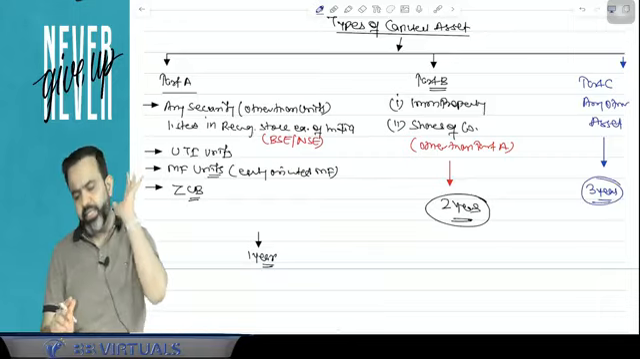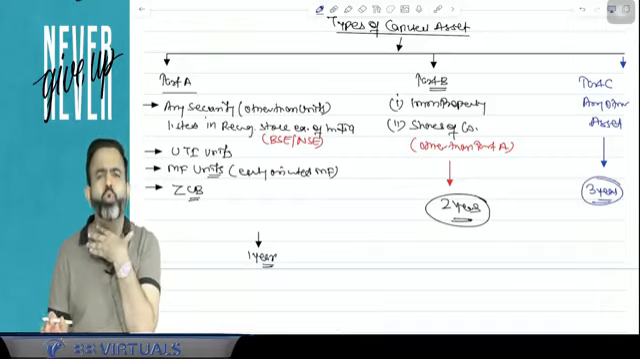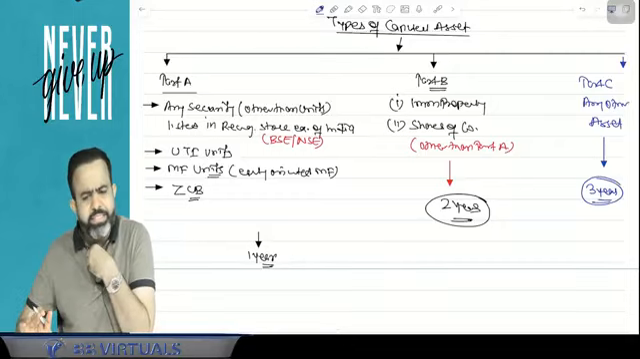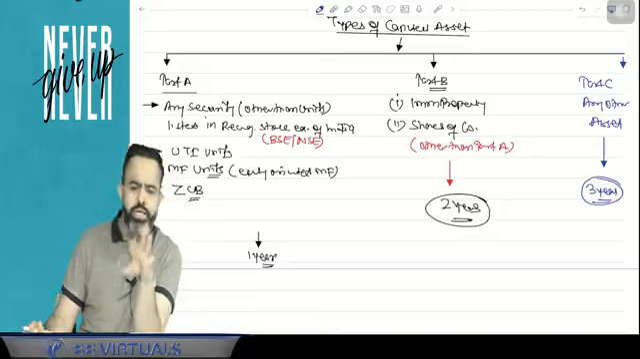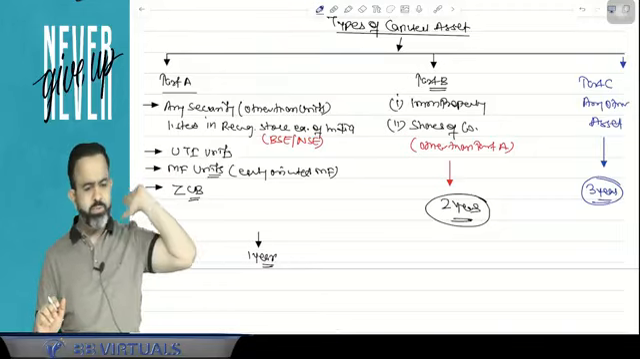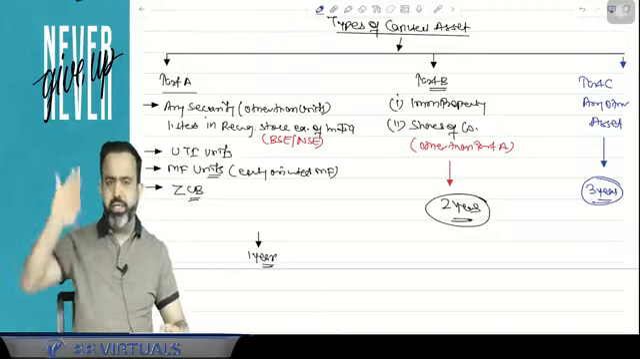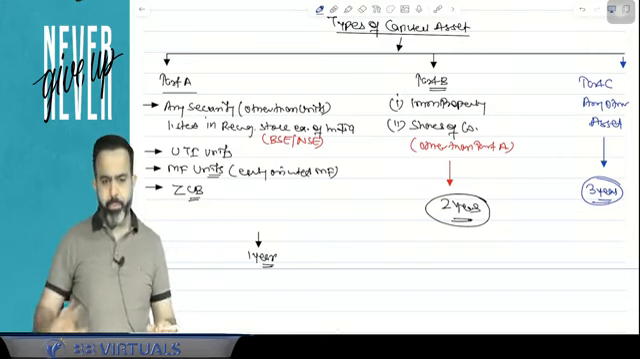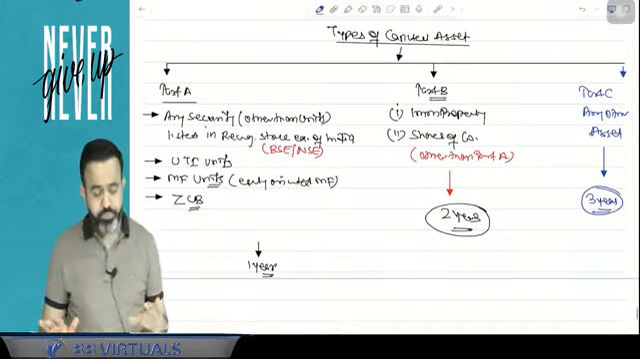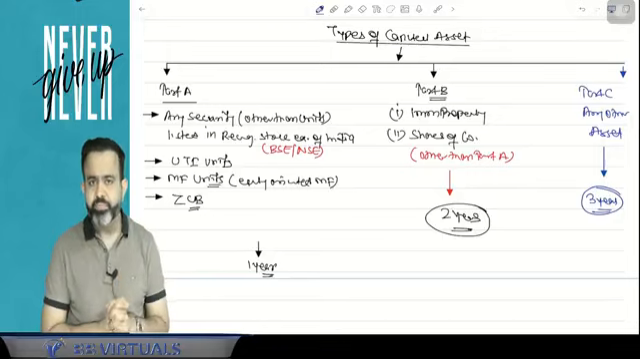In part C, any other asset means like gold or any other asset, then you have to check the period of holding is 3 years. So try to understand, there are three parts here. Pay attention. Types of capital asset. Now, first is